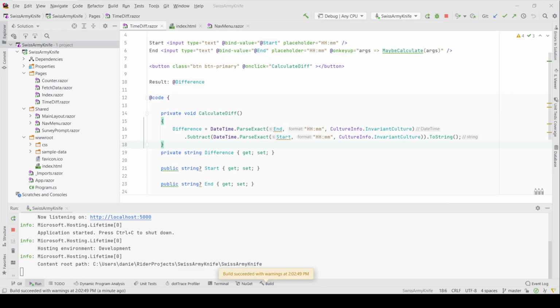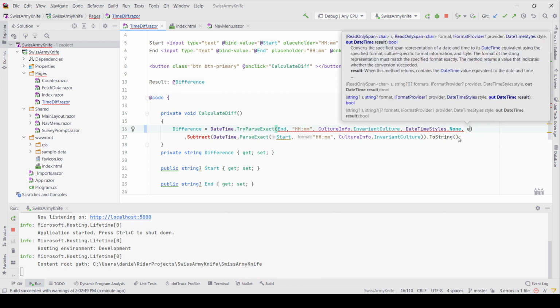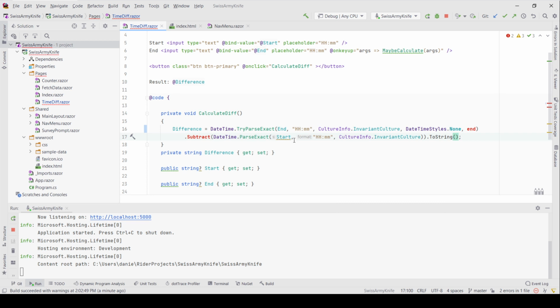By using TryParse instead of ParseExact, TryParse, and here none, and the same goes here, TryParse, and it's not end anymore, and here the start. So now I'm going to get the result of this and then check, precondition check, if